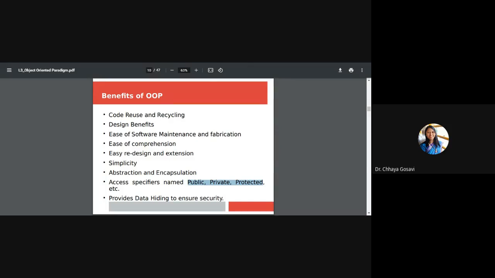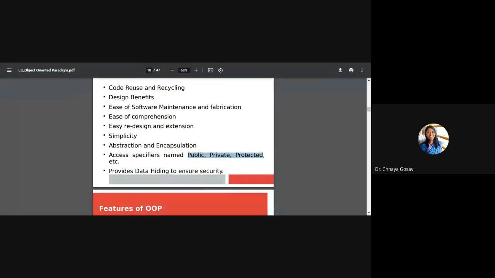In a similar manner, you can decide who can use this class: any class within your package, or any class outside the package which is a child of that particular class, or available publicly. So these are the access specifiers, meaning who can access the data or functions of that particular class, and they provide data hiding and ensure security.